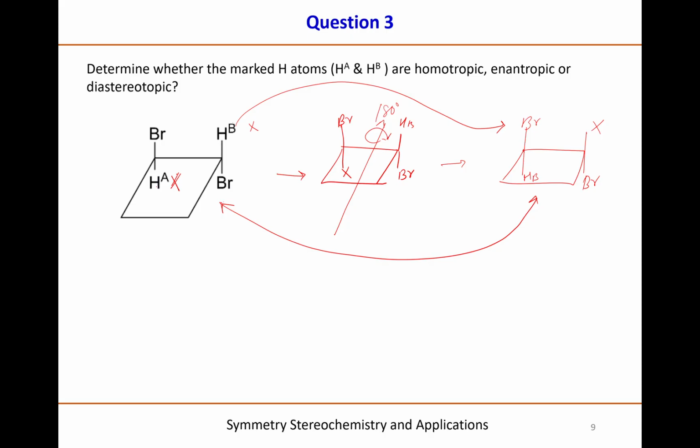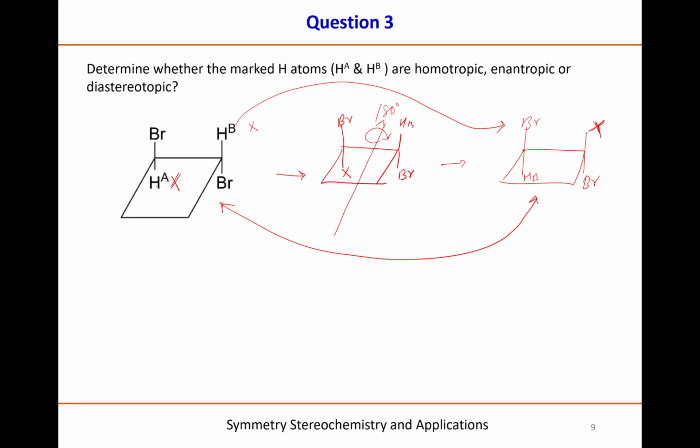If suppose this molecule is showing some S and R configuration, correct? Because after the rotation HA takes the place of HB and HB takes the place of HA, that means these two H atoms are homotopic. Why are these homotopic? Because changing either of the atoms gives the same result, right? So that's why they are called homotopic